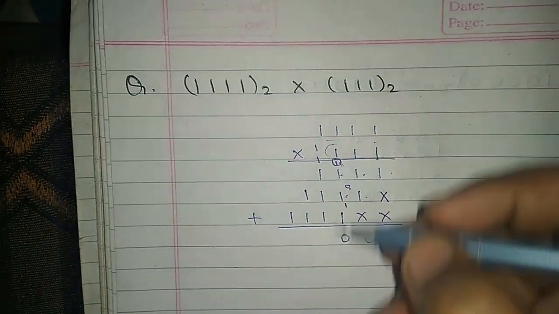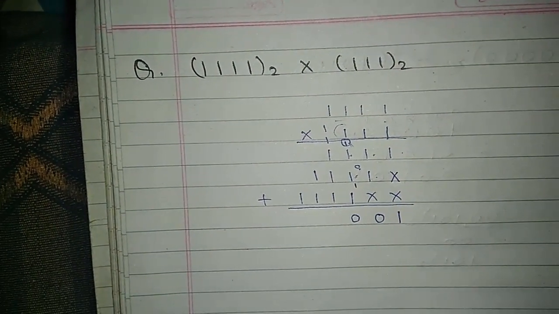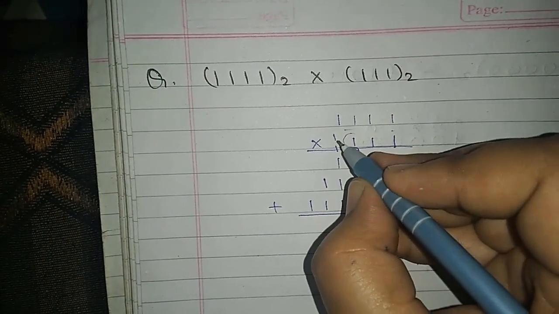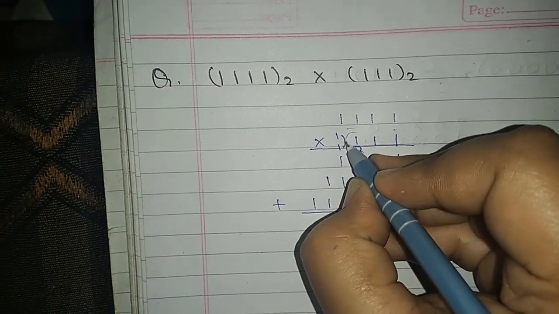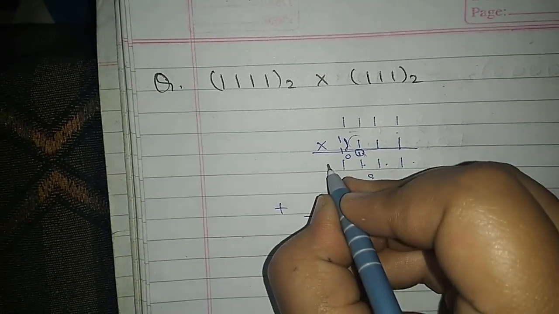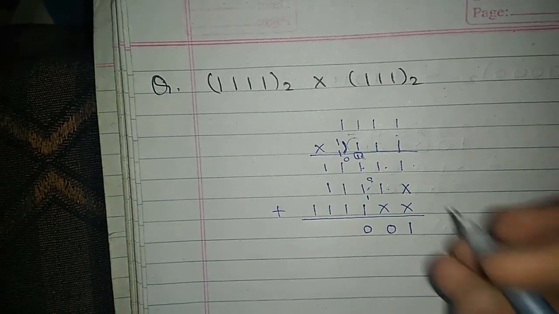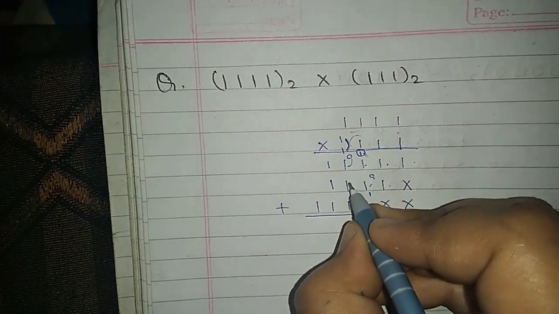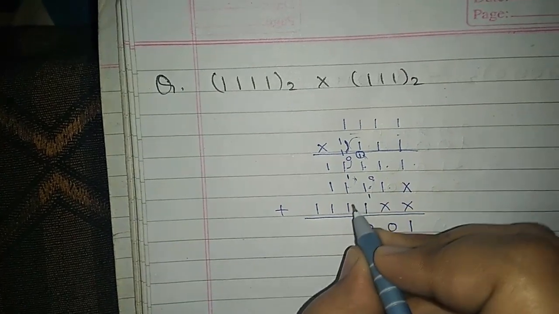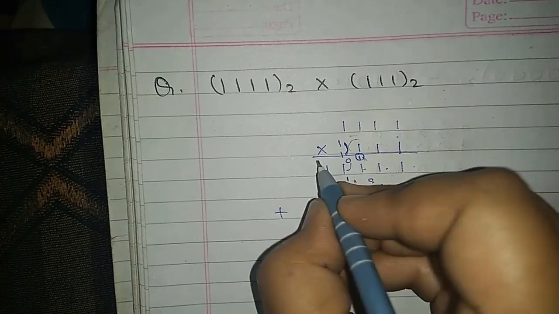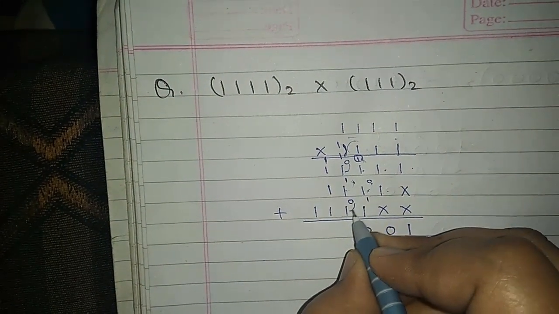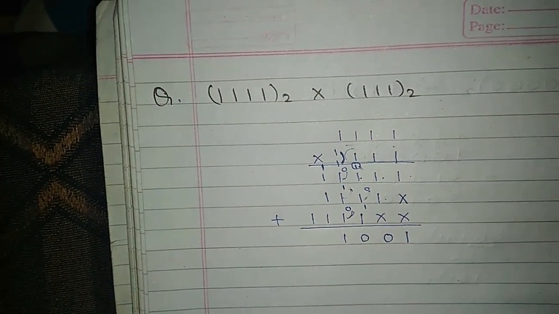Now in the next step, we have 5 times 1s that we have to add. Here again we have to work with 2 values at a time. So first of all, we have to add these 2 1s. When you do so, you will get the result as 0 and a carry of 1 will be generated. Then we have to add this 0 with this 1. Our result will be 1, which I am writing over this side. Then we have to add this 1 plus 1. It will generate a result of 0 and a carry of 1 will be generated. Then again we have 0 plus 1. It will give you a result of 1.